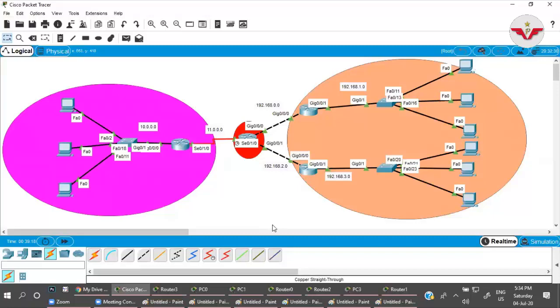Static routing, we have four kinds of static routing: network based, host based, floating, and default routing. So basically default routing means what? Default routing means where you don't have any information about the networks. Suppose I am the ISP and I am providing networks to my locality. I have that information, but I am also connected to the internet, where I do not have any information.